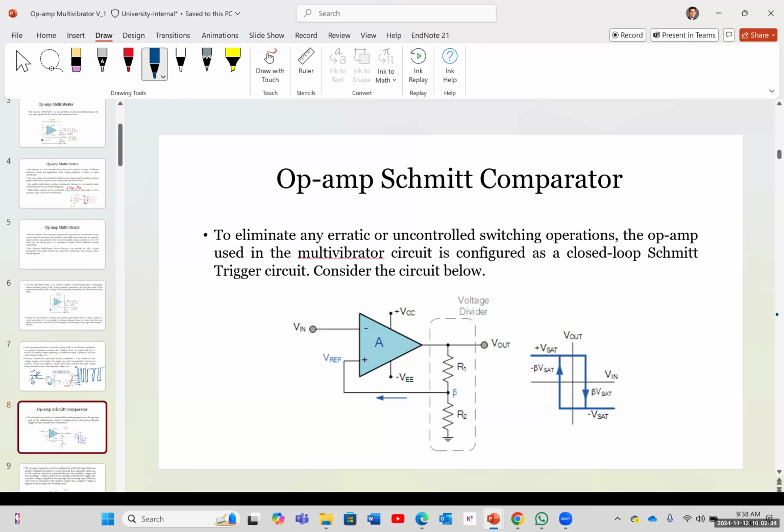And we can create what we call a Schmitt trigger circuit, to eliminate any erratic or uncontrolled switching operations. The op-amp used in the multivibrator circuit is configured as a closed-loop Schmitt trigger circuit. Consider this circuit below. Now, instead of directly connecting the reference voltage to